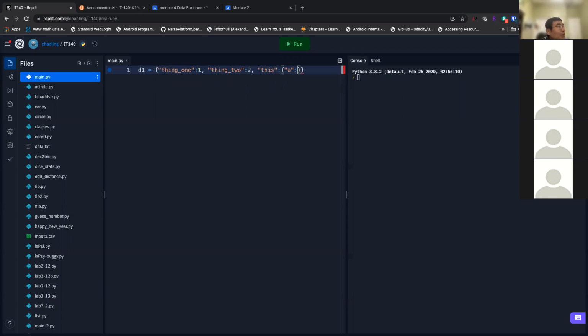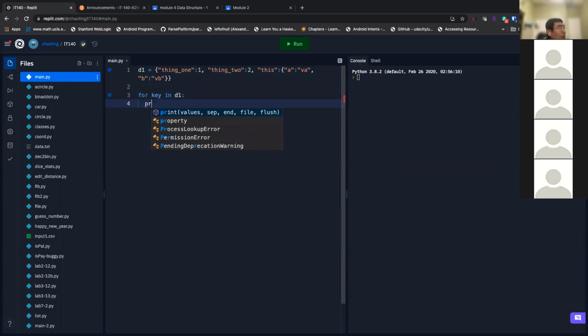That's pretty complicated, with a, then b, and so on. Okay, so that's pretty complicated, right? So how do we iterate through all the keys? For key in d1, print.